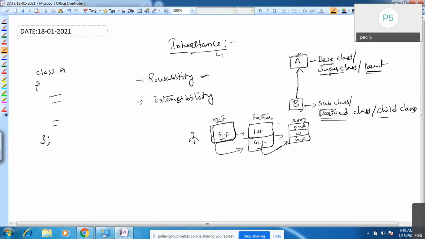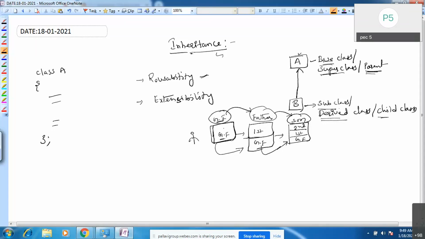The son gets all the property from the father. Consider this the grandfather class, this the father class, and this the son class. The son class gets all the properties from the father class, and the father class gets all the properties from the grandfather class.